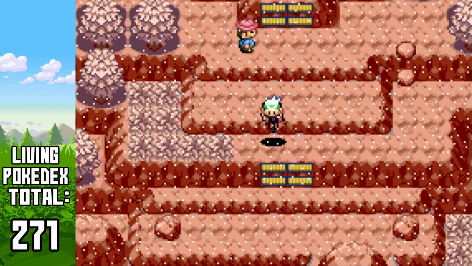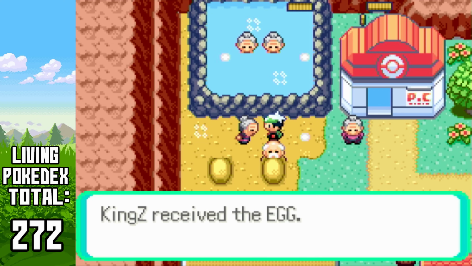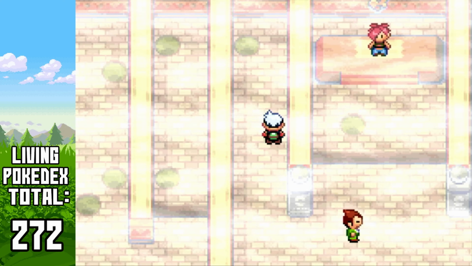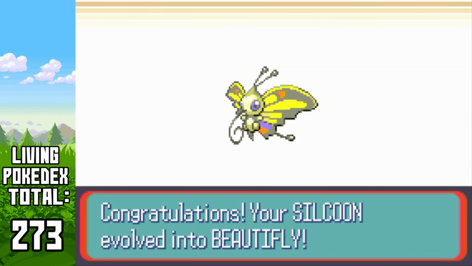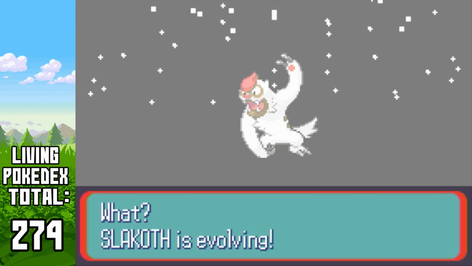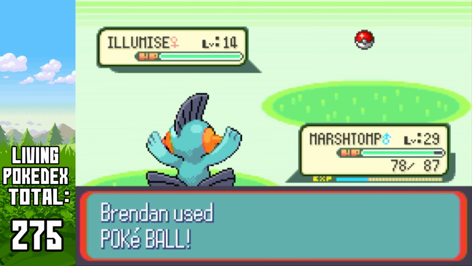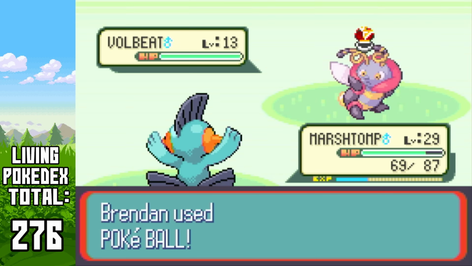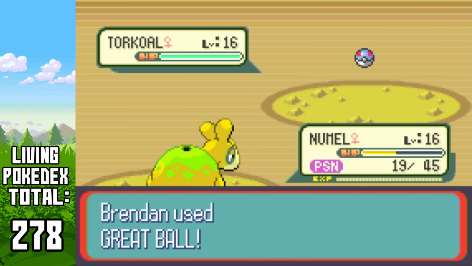Passing through the rugged path, King Z caught Spoink, and after arriving in Lavaridge Town, King Z obtained the Wynaut Egg. While King Z was busy dealing with Flannery, Brendan evolved Silcoon into Beautifly, Cascoon into Dustox, and Slakoth into Vigoroth while making his way to Mauville City. On Route 117, Brendan caught Illumise and Volbeat, Numel on Route 111, Torkoal in the Fiery Path, and Spinda on